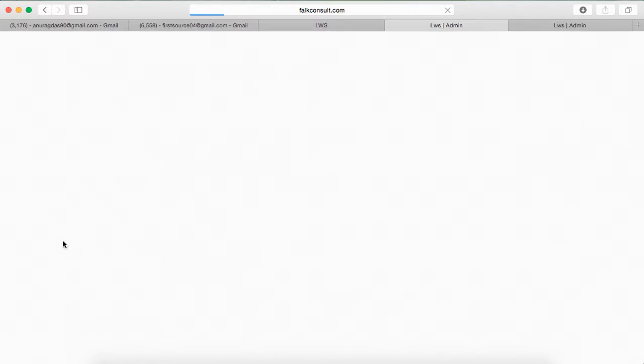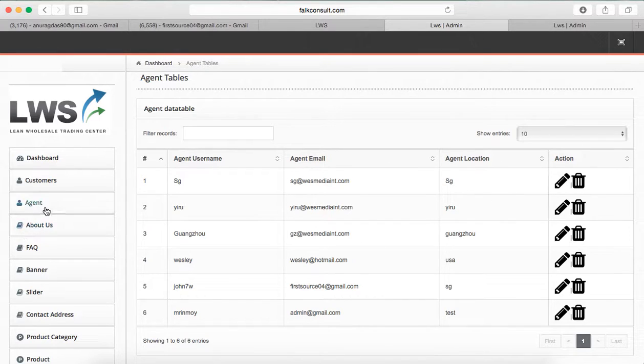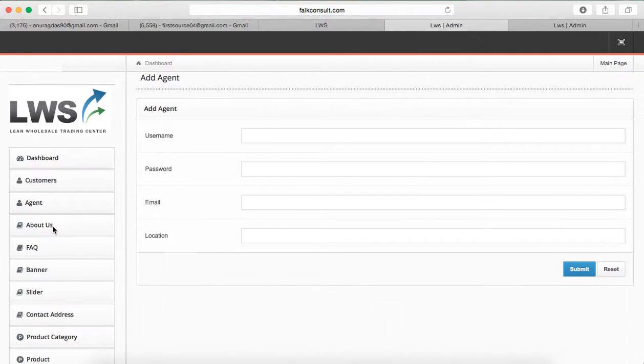So you click here called show agent, and you can add an agent as well. For example, if you're adding an agent into the location of China, location A, location B, you can add an agent for location A. You can give a username for this agent, password, and his email ID. Please remember, this email ID should be a correct email ID, because this agent will be getting a mail with the username and password of how to log in to the backend.